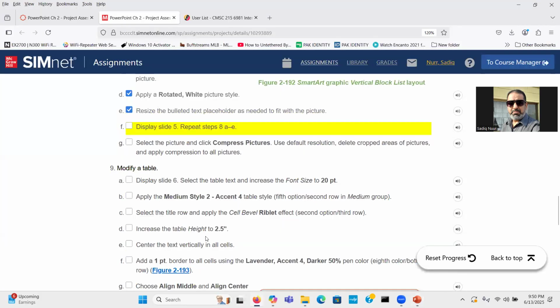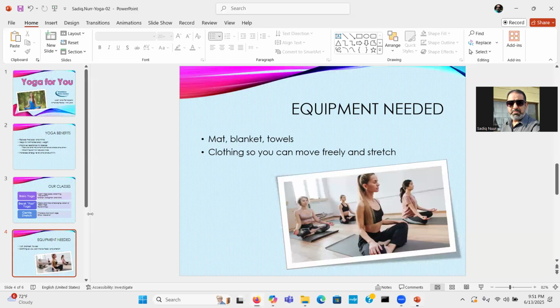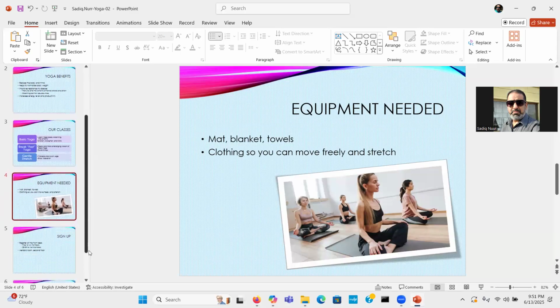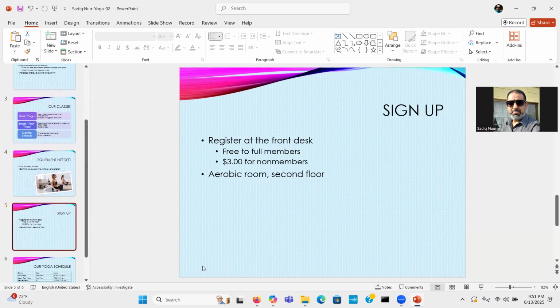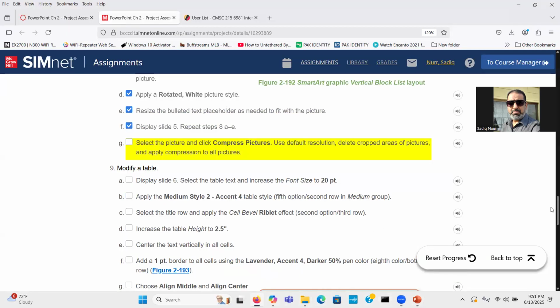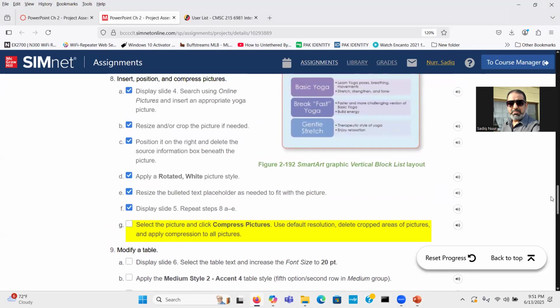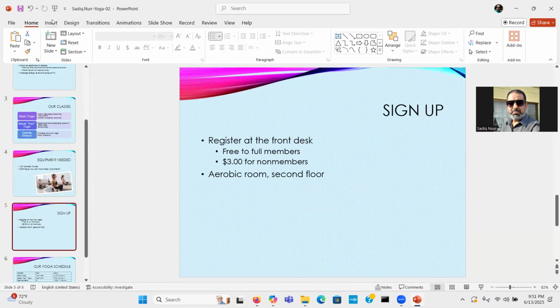Let's go back. So display slide 5, and we have to repeat the step 8 from A to E. So let's go back to slide 5. And then we have to do the step here. We have to insert a picture of the yoga. So insert,